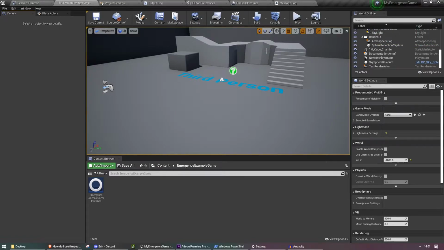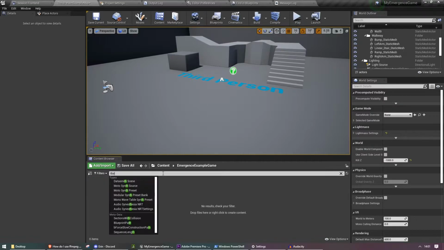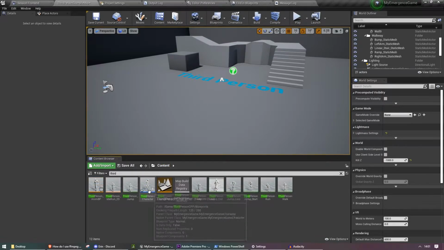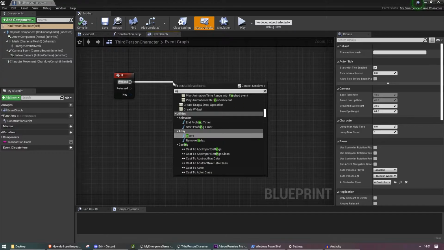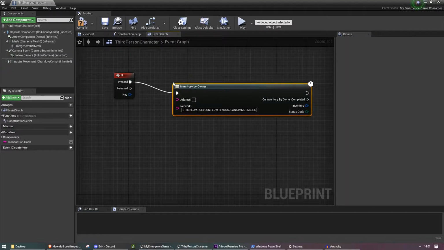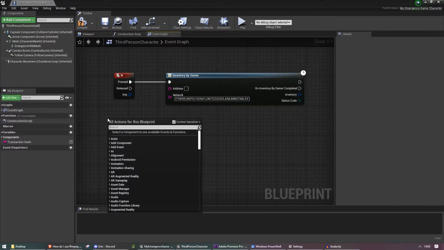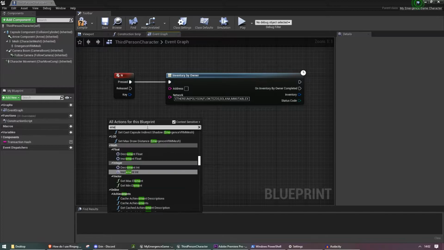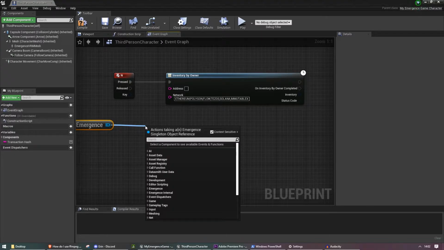So we're back in the example project, which I've been working on in the past few tutorials. We're going back to doing stuff in third-person character because it's the most convenient place for me to show you stuff. I've already created a key press, which I'm going to use to activate the code here, so drag off of pressed, search inventory, and here we've got inventory by owner. So this takes a wallet address, and we're just going to use the currently signed in Emergence address, which you can get from typing Emergence service and get Emergence service, and then from there we can do